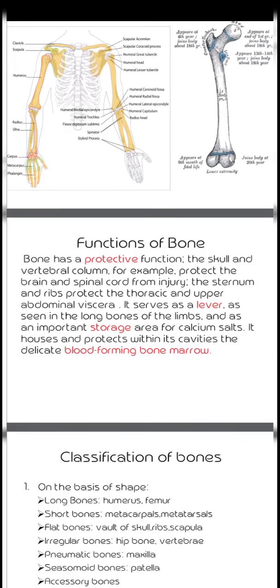Okay, let's talk about the function of the bone. The main function of the bone is protective function, such as the bones of skull. They protect our brain against trauma, against external factors. The bones of vertebral column protect our spinal cord from external factors, injuries. Sternum and ribs protect the thoracic cavity, the heart and the lungs, and upper abdominal viscera,